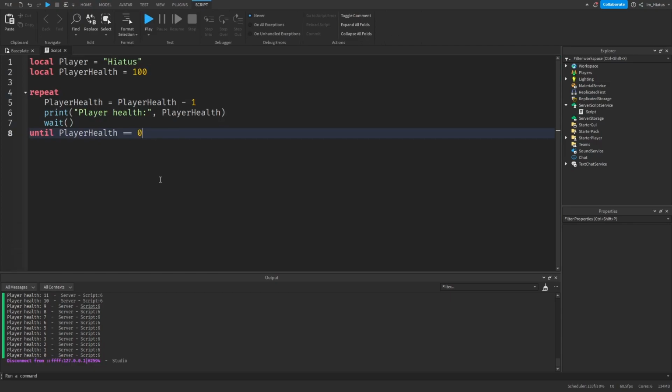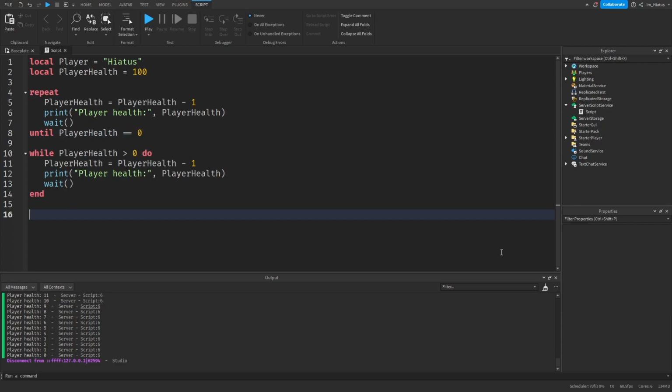Now you might be thinking, what's the purpose of having two different ways to create loops? Both while loops and repeat loops repeat a section of code until a certain condition is met. Is there a reason to use one over the other, or is it just down to preference? If you bring back our while loop, you might be able to spot a difference between these two types of loops. If you haven't, the difference is that a repeat loop checks the condition at the end, after running the